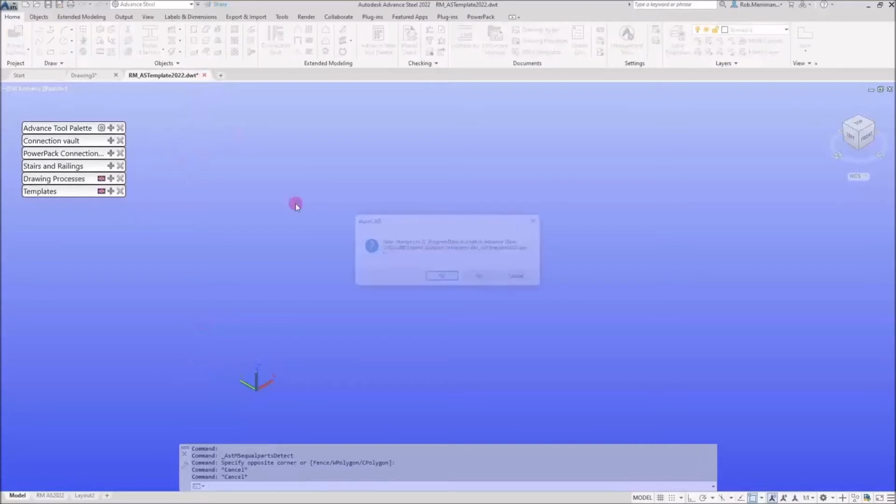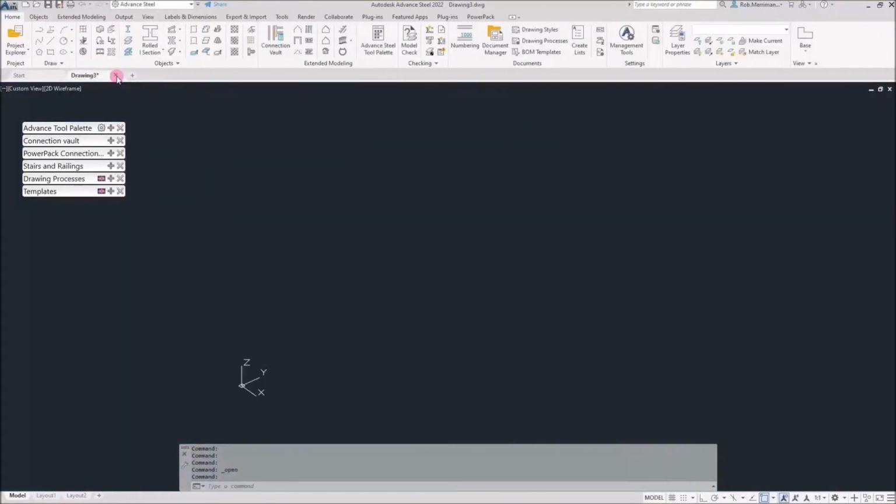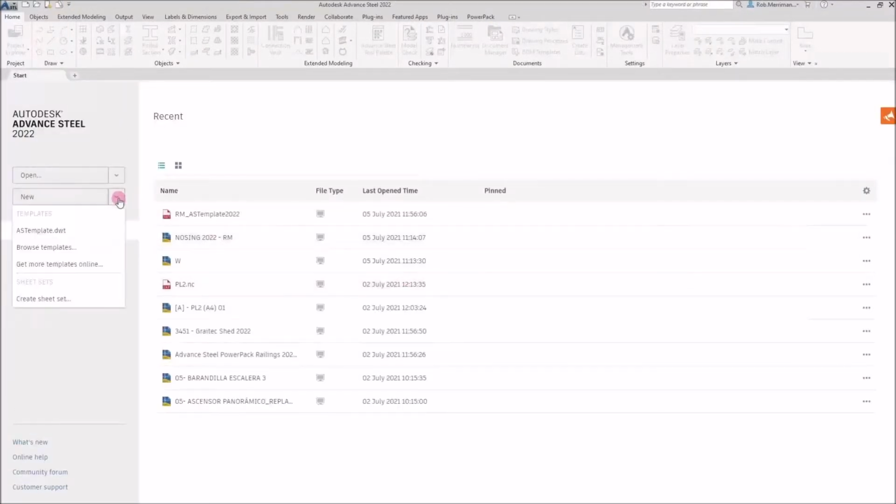So let's save and close this, and let's save and close that. And if I click New, I have to restart my Advanced Steel to restart my system. But now we can see in my drop down, if I just click the new button,